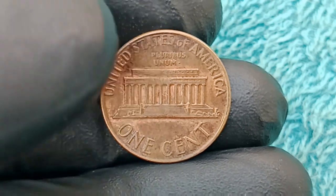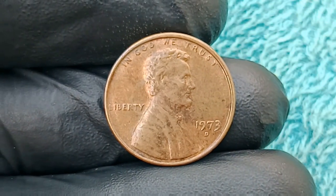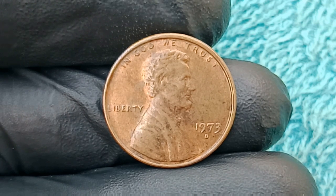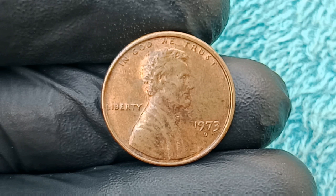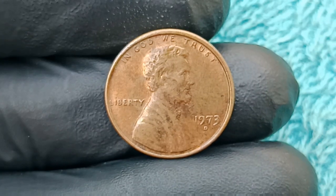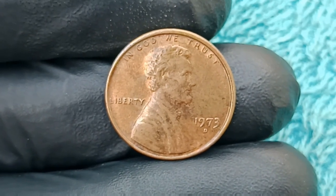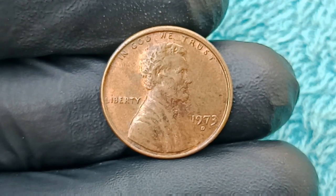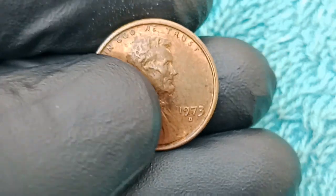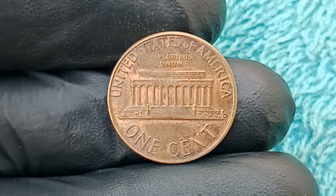a second thought to, but one that has shocked numismatists, collectors, and even financial historians by recently being appraised and sold for an astronomical $415 million, making it not only one of the most valuable coins in U.S. history but also a symbol of how rarity and historical mystery can combine to skyrocket a humble penny into a priceless treasure. And the story behind this coin is far more mind-blowing than you can ever imagine, beginning not just